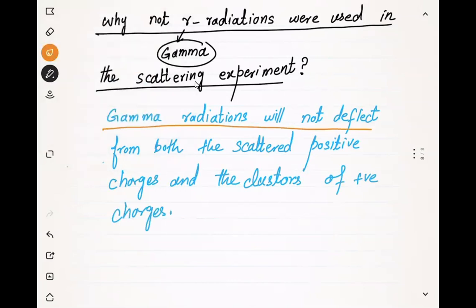So gamma radiation will not give any deflection from both the scattered positive charges and the clusters of the positive charges. That's why